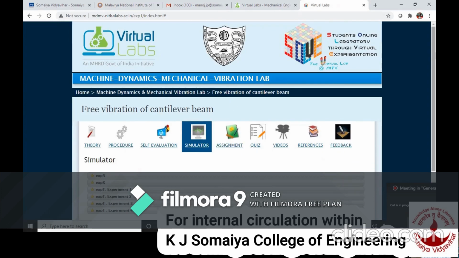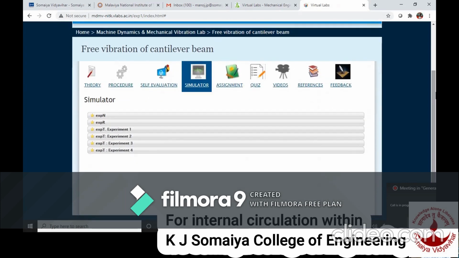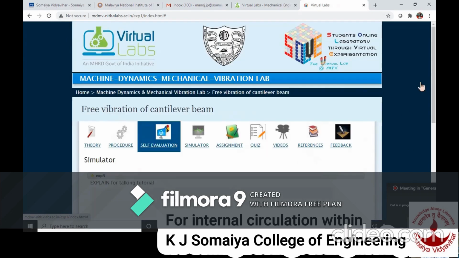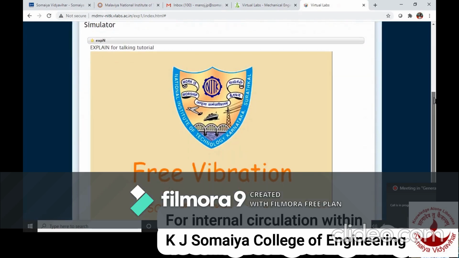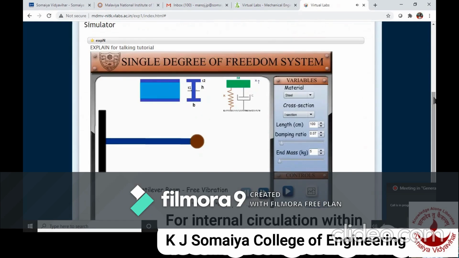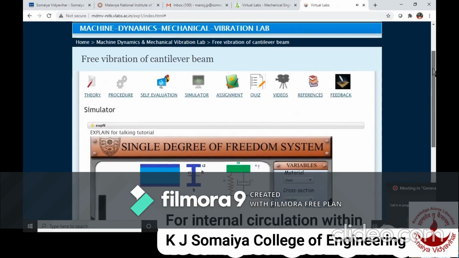When you go to the simulator, you can find a number of tabs. You can go through all the tabs, but it is not required. I'll explain. The first tab, if you click on experiment, will explain how the GUI works.